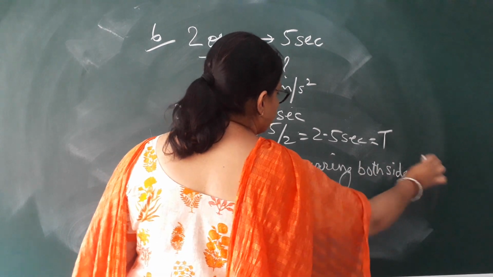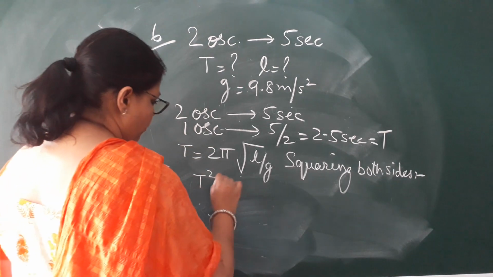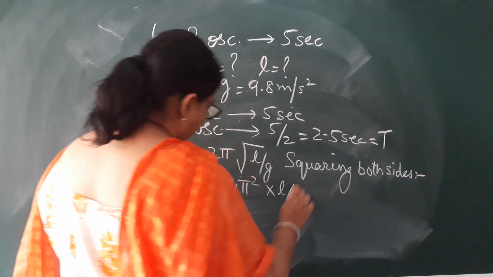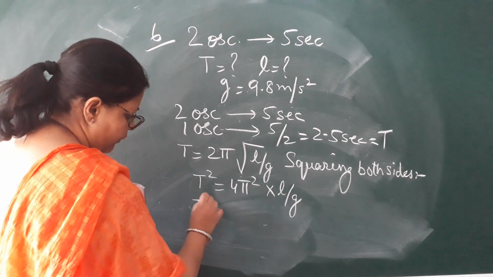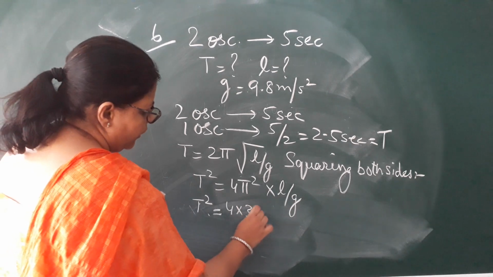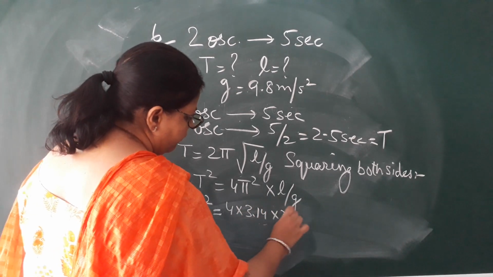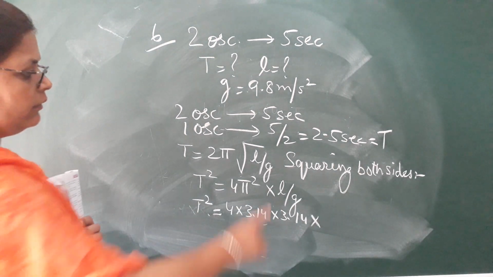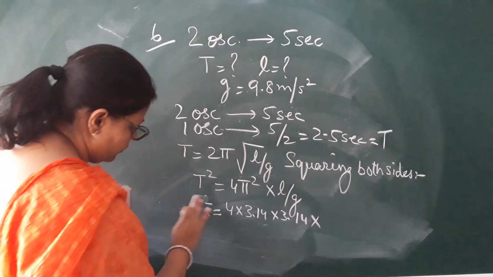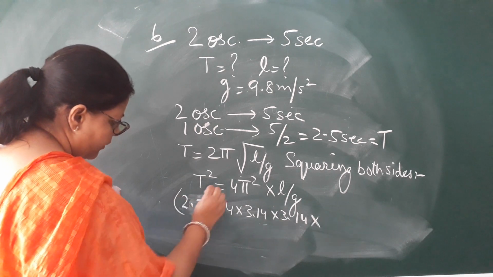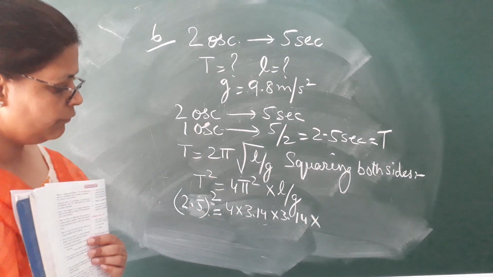When we square both the sides, we get T squared is equal to 4 pi squared times L over G. Now let's put the value. We don't know L, but we know 4 pi, we take 3.14 into 3.14. T is 2.5, sorry children, T is 2.5. We put the value here: 2.5 the whole squared is 4 into 3.14 into 3.14,